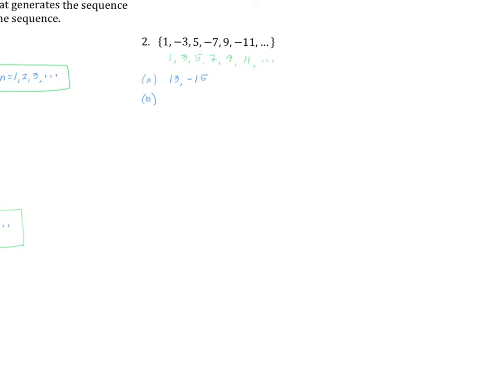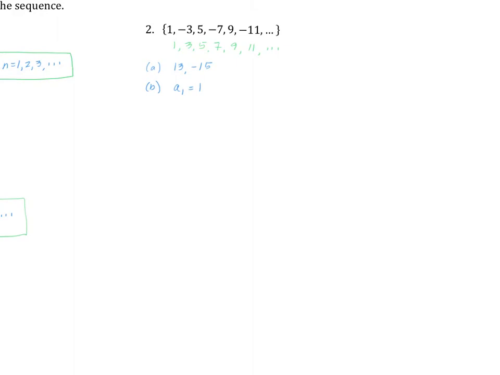And then my recurrence relation, I know that my a sub 1 is 1. It's always the first term. So now I have to figure out a pattern for the remaining terms. So I know they're odd. If I ignore the negatives, then what I'm doing is I'm adding 2 to the one that came before. So if I just wanted to generate the positive numbers and ignore the negatives, what I could do is define,